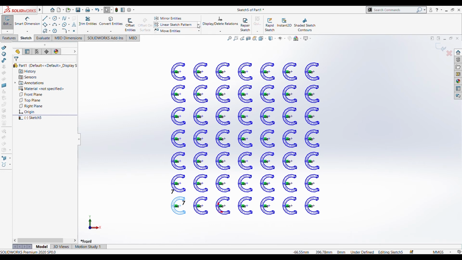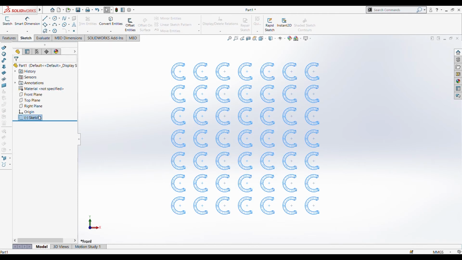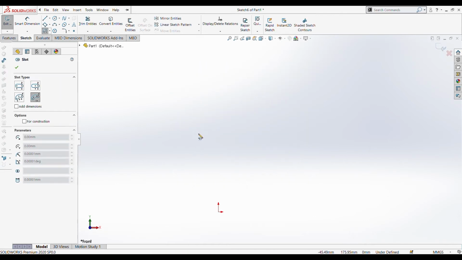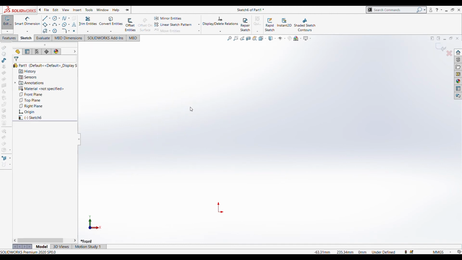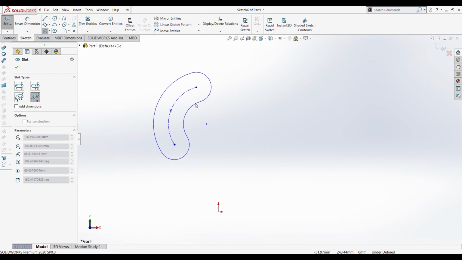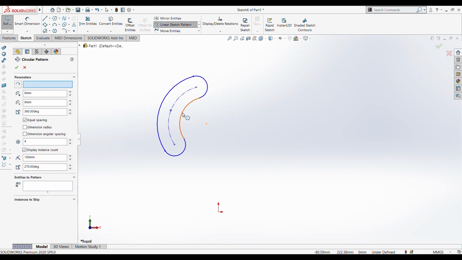And there is another sketch pattern, circular sketch pattern. We'll be looking into it. We'll just delete this sketch, and again let's take a slot itself. And if I want a circular pattern for this slot, just draw the slot like this. And now I activate circular pattern and I select this,